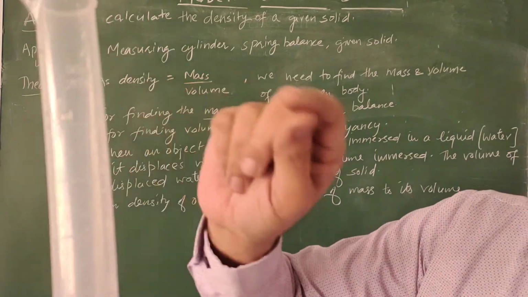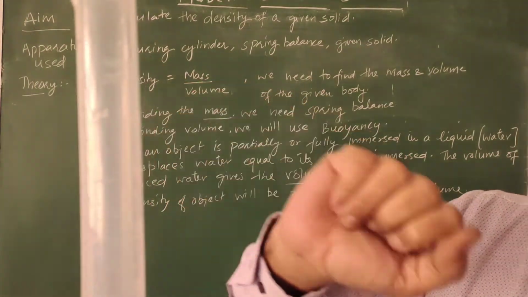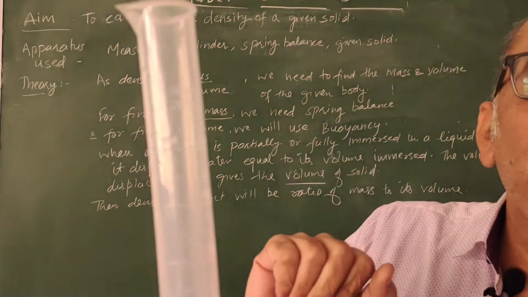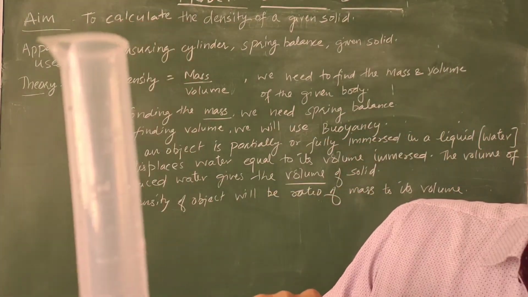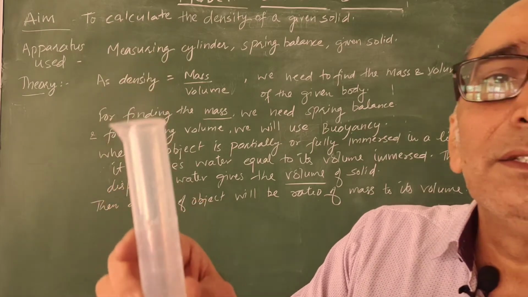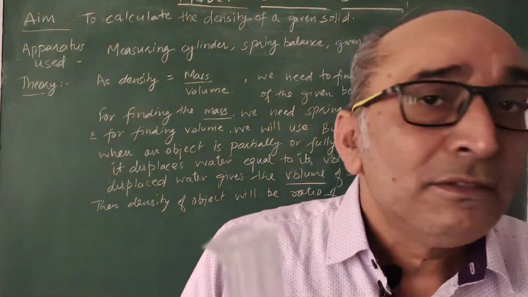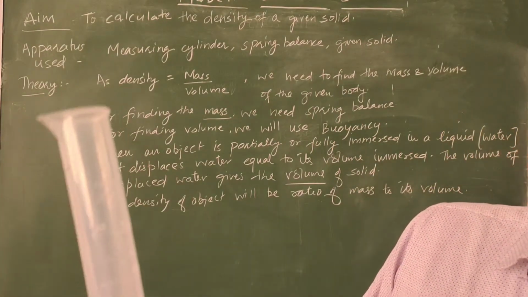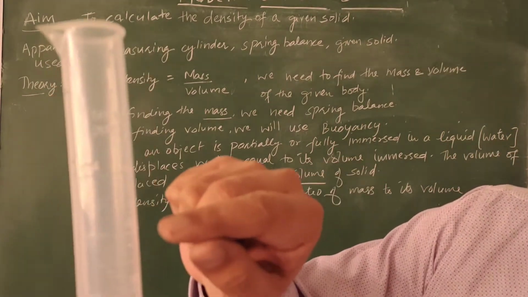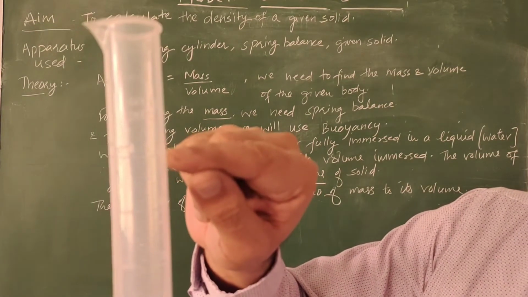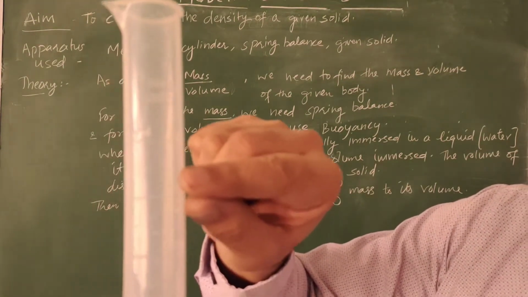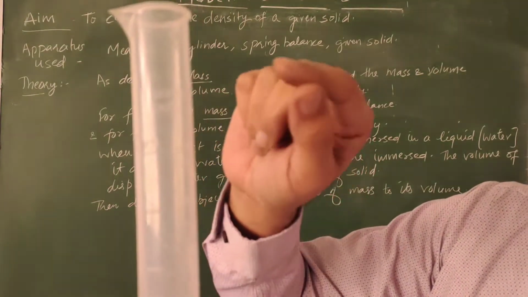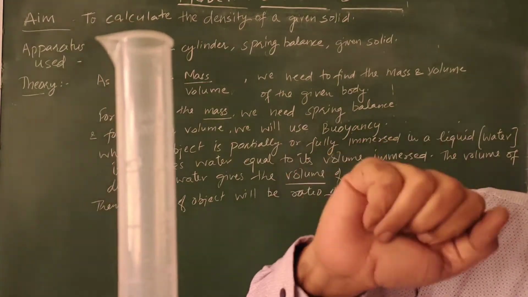But if the water is somewhere between 40 and 50, how can we find it? Then we can find it only by finding its least count. And least count is the smallest measurement which can be made by any scale. Here you are seeing between 40 and 50, there are 10 divisions. Visible? So one division measures how much?